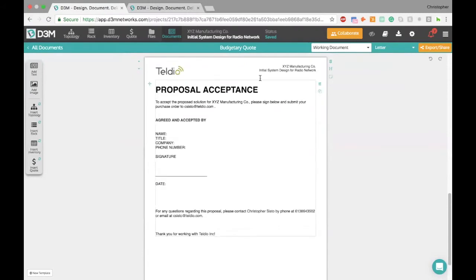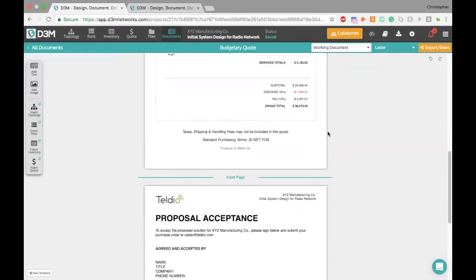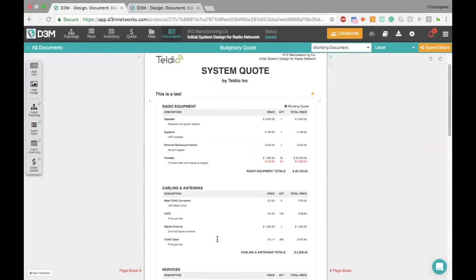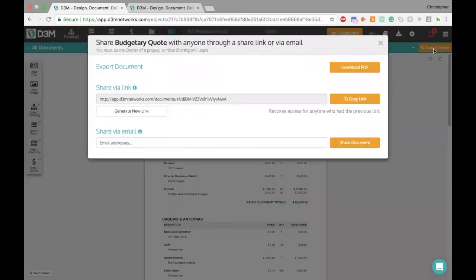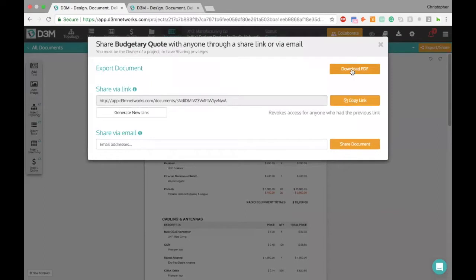And then here's our proposal acceptance, because of course we want them to sign off and give us the PO. So you could have that as your second page, however you want it. But keep in mind that any changes you make in your actual topology or in your quote will automatically reflect in this document. So what you can do is export this. You could then download this as a PDF and email it to your customer. But if you do that, as soon as you download it, it's no longer linked to the rest of your